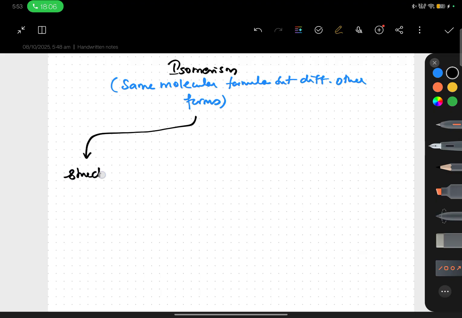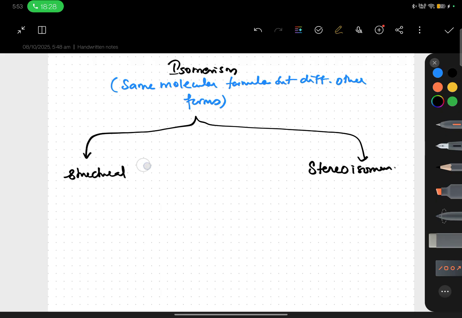The other form can be different structural formula, or it can be different stereoisomerism. So structural isomerism,